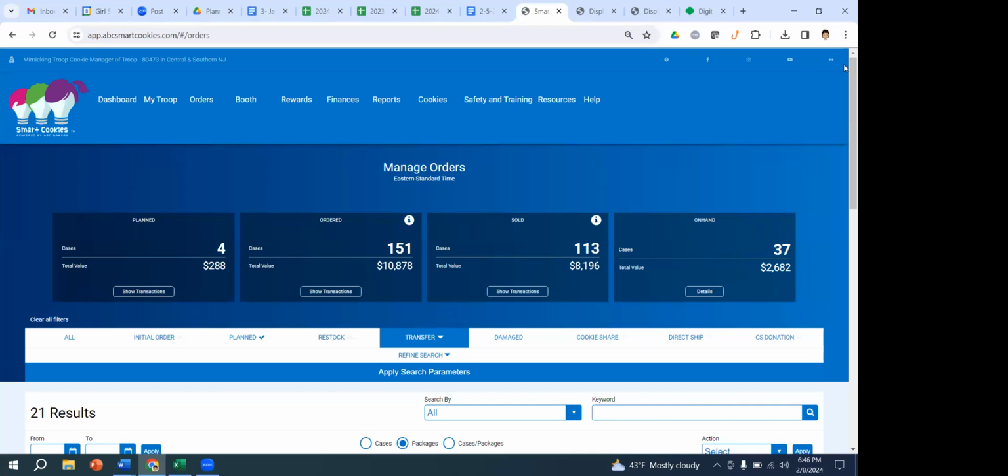I know cookie share has always been funny. It's always been an issue. We were hoping that with the new system, all of them would have automatically directed, but they couldn't get it to work in time. So hopefully for next year it will, but it's that extra step of having to add that verbiage.